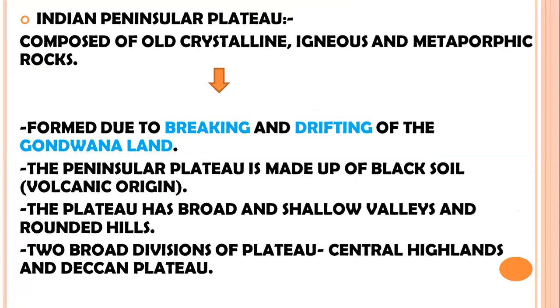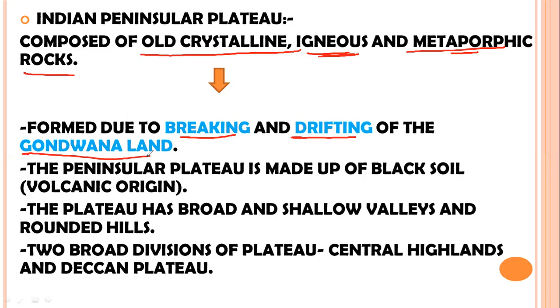Now, Indian Peninsular Plateau is composed of old crystalline, igneous, and metamorphic rocks. Since it was formed way before the formation of mountains as well as plains, it is composed of very old igneous rocks and metamorphic rocks, and it was formed due to breaking and drifting of